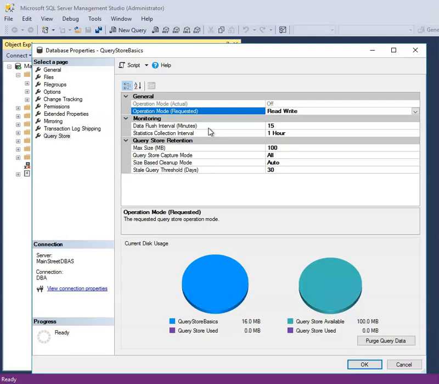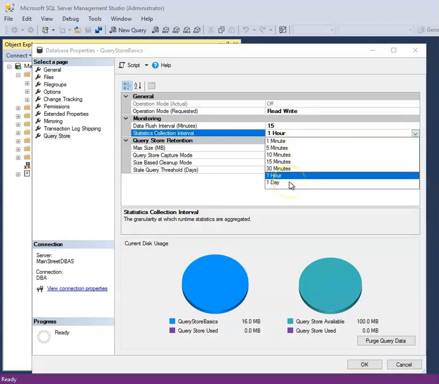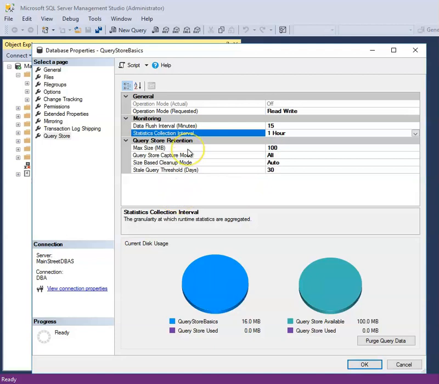The next is the statistics collection interval. This is the interval by which runtime statistics will be aggregated. So if you require more granularity than the default of 60 minutes, lower this setting. This setting has predefined values ranging from 1 minute to 24 hours. And it's important to note that the lower the granularity, the more data will be captured and persisted in the QueryStore, possibly resulting in the need for a higher max size setting, which is a good segue into the max